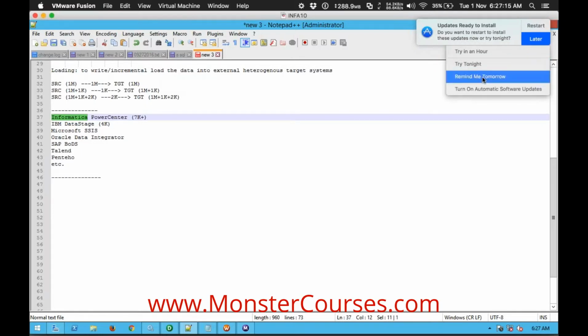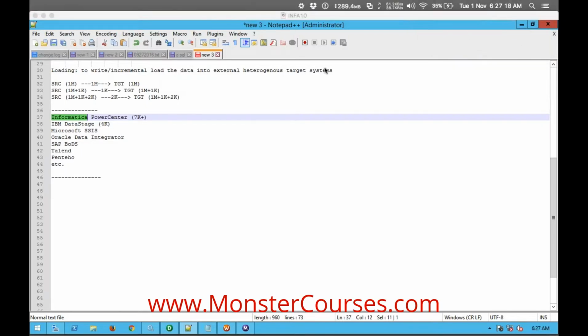So that is also one of the attractive features of Informatica Powercenter. Okay, so that's a brief introduction to the different tools available in the ETL industry. Now let's jump into